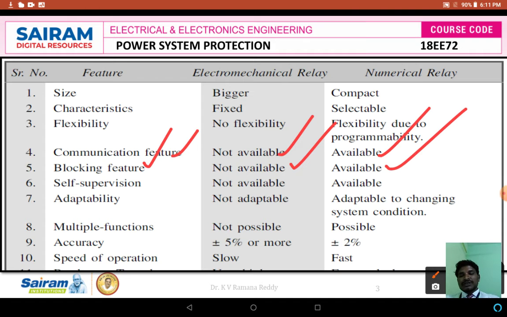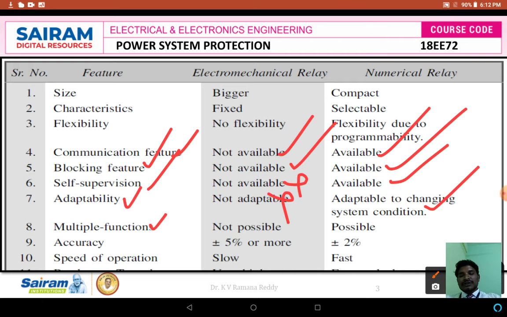The next feature is called self-supervision. Self-supervision is possible with a numerical relay, but it is not possible with an electromechanical relay. Next, adaptability. It is easy to adapt to changes in the system condition with a numerical relay, but it is not adaptable for an electromechanical relay.